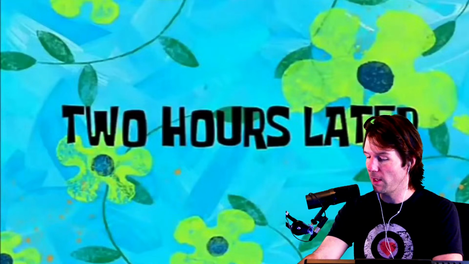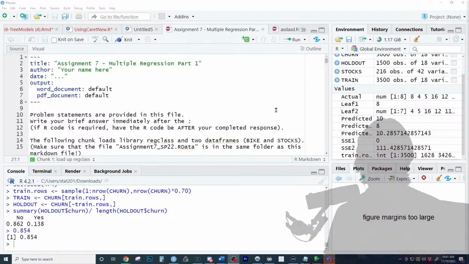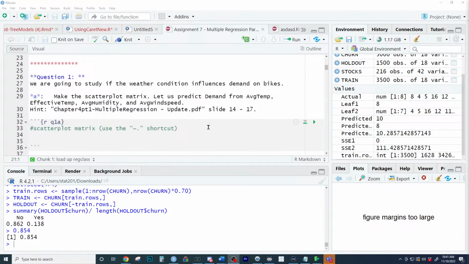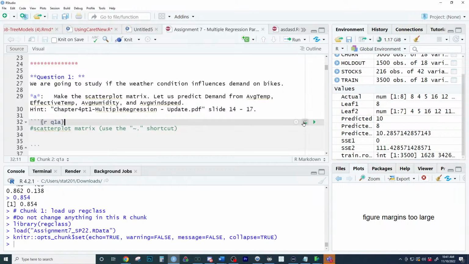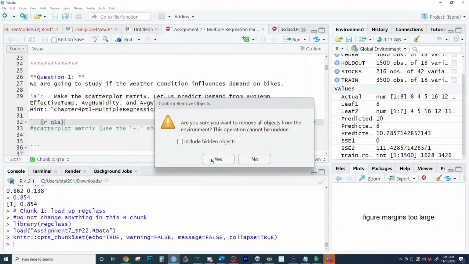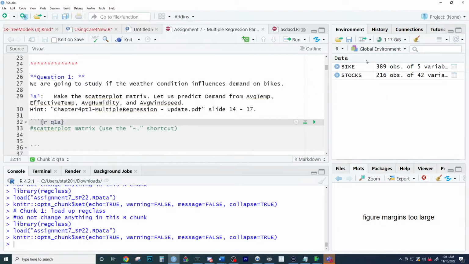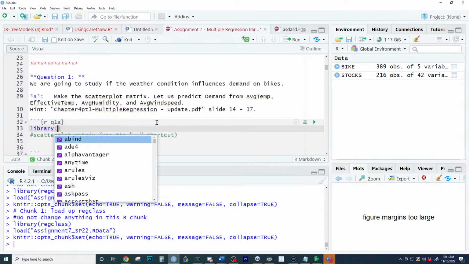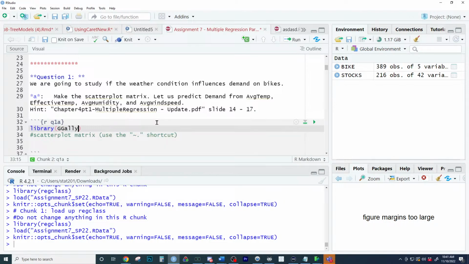So when you make a scatterplot matrix, we need to have X and Y variables. So I'm assuming one of the first things is to make a scatterplot matrix with the following variables in there. So when you make a scatterplot matrix, let's remove all this stuff from our global environment. We're going to reload the global environment, make sure everything loads in. Now, I'm more of a fan of, as everyone knows, library GGally. I think it has it in it.